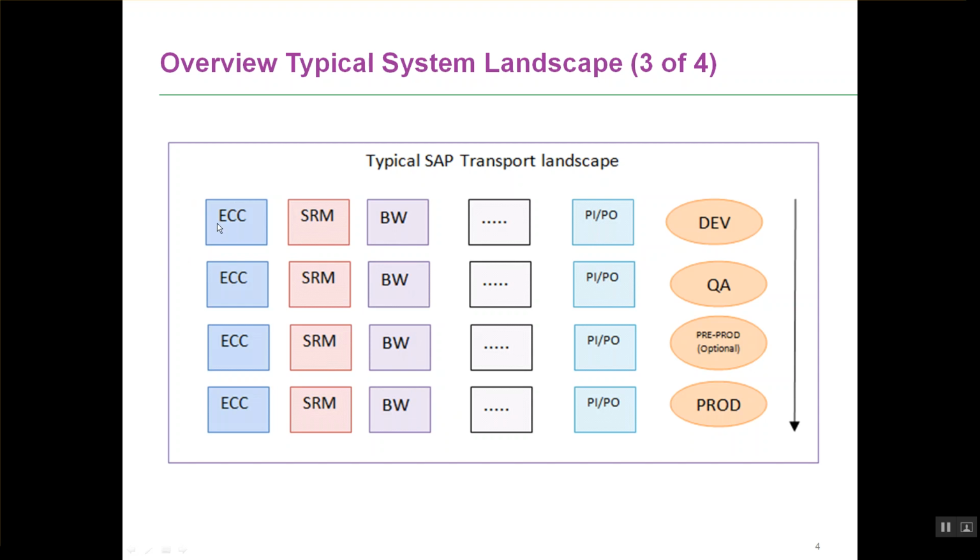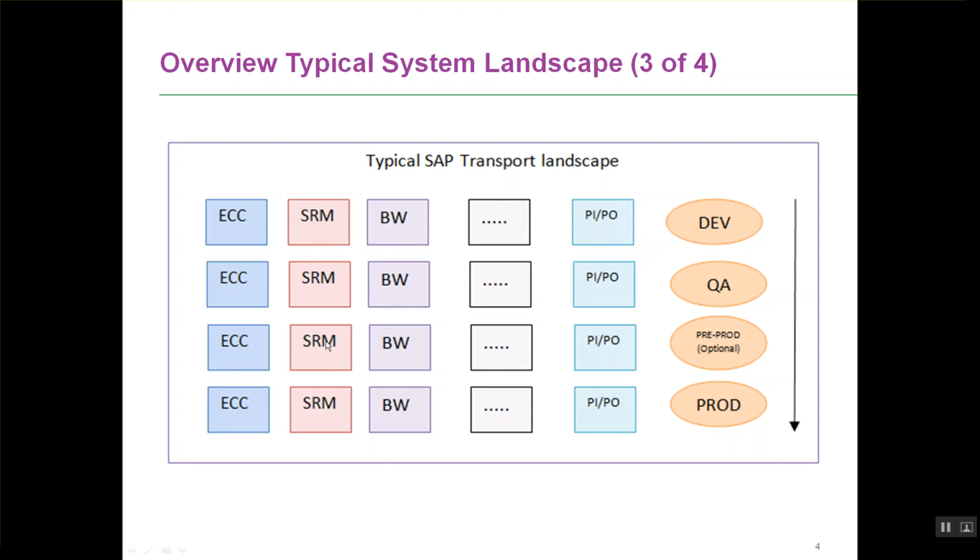It also provides you with the various landscapes, basically what the development landscape is, or what the group of systems in a landscape is, what the development system is, what the QA system is. And it also provides you with another facet, that is the technical facet, where you see, hey, what physical server is this ECC running on?